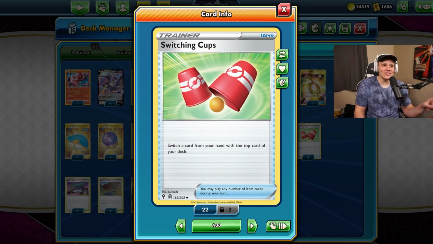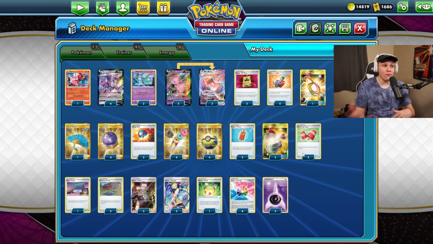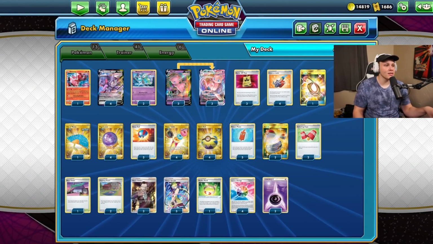Really interesting card. This one I'm not as sold on as Oricorio. Oricorio is very solid against the matchups you want it against. Switching Cups is all around a solid card in the deck. There's a couple combos you can pull off with it. The main reason you want it in the deck, though, is for the Jolteon matchup, because you know, if you